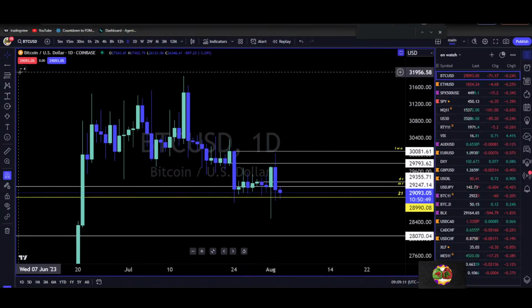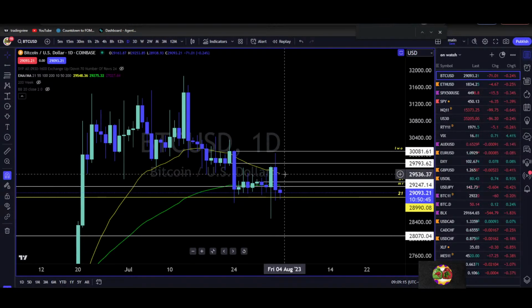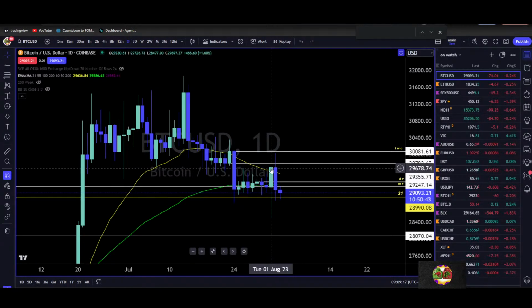And if we pull this little baby up over here, you can see the yellow is the 21. So yeah, this day closed above it, it was nothing but a trap. Now we can't say it's a trap until what? Until the low gets taken out. And the low still hasn't been taken out. So is this a bullish bounce? Is this a bullish retracement? Well, if you want to buy it,